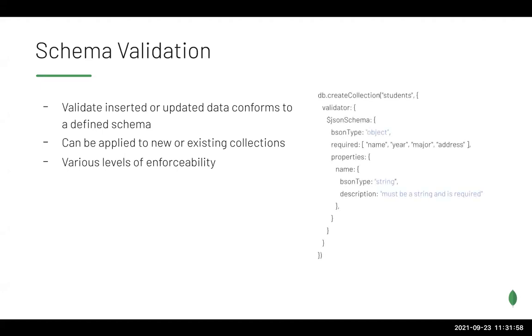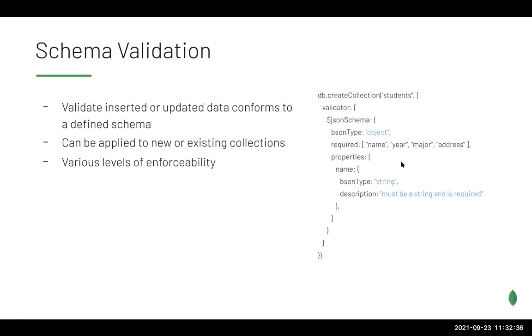And the best part about schema validation in MongoDB is that there are various levels of enforceability. So you can say, if a document is added to a particular collection that doesn't conform to the schema, we'll still accept it, but we'll send a warning or we'll log it. Or you can say, if a particular document that comes into a collection does not strictly have all of the data that we need it to, or doesn't conform to the validator that we sent, do not accept it and send out an error. And on the right-hand side here, I have an example of a validator, JSON schema validation,